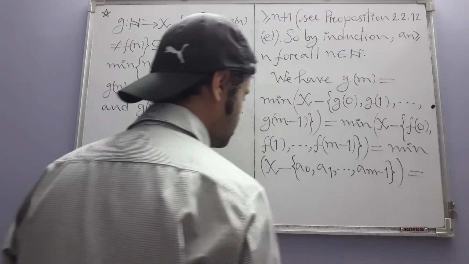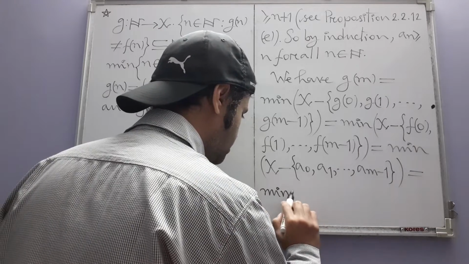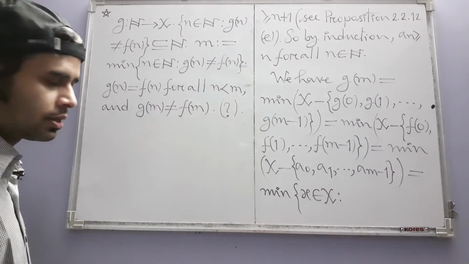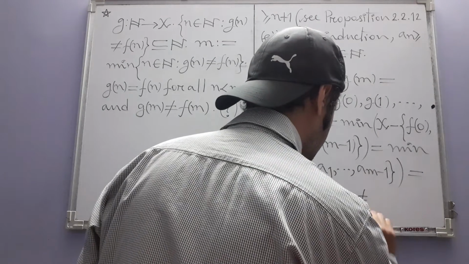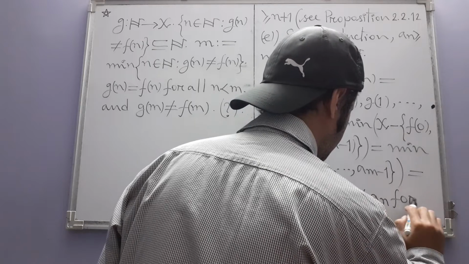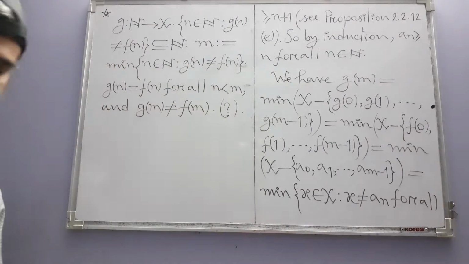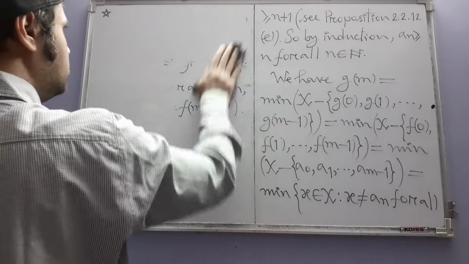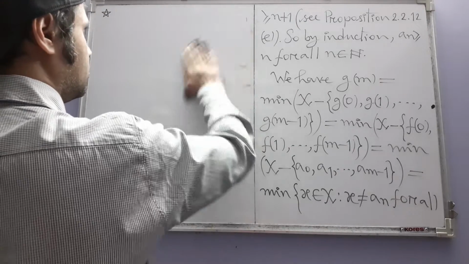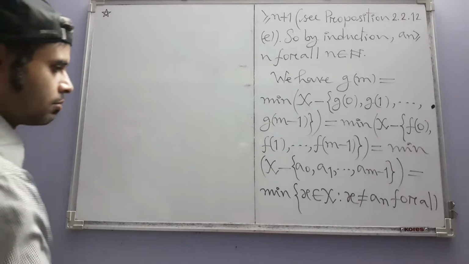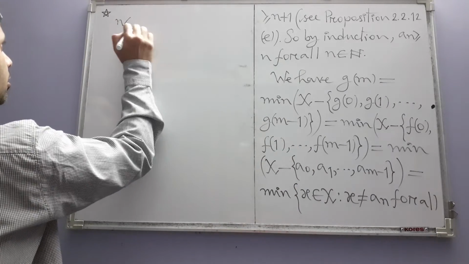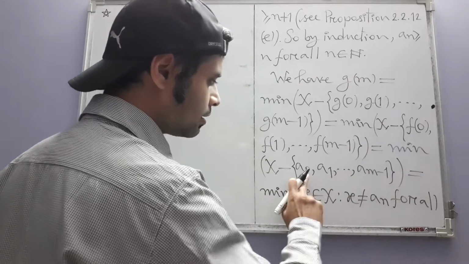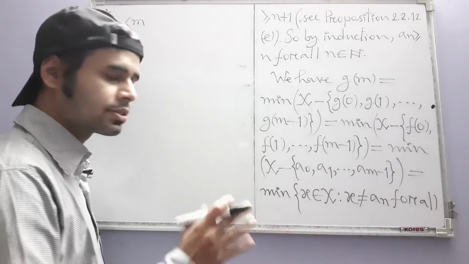Or in other words, we can also write it like this: minimum of all x belonging to x such that x is not equal to an for all n less than m, because precisely that type of n we see here, all the natural numbers less than m,